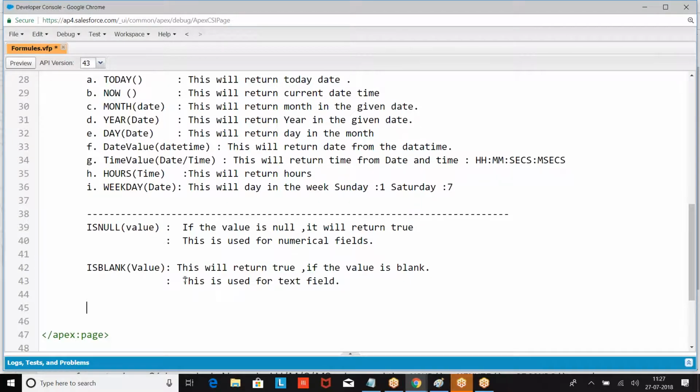Next we have if condition, value 1, value 2. If the condition is true, value 1 will be given.